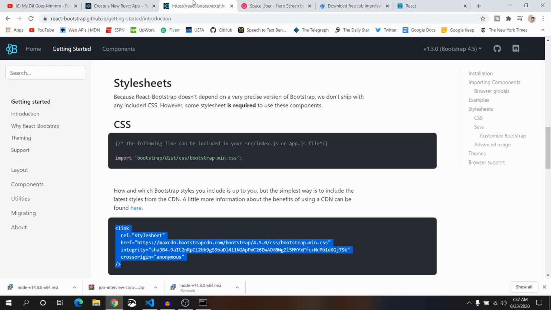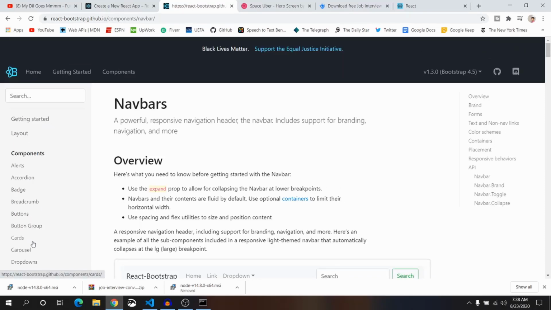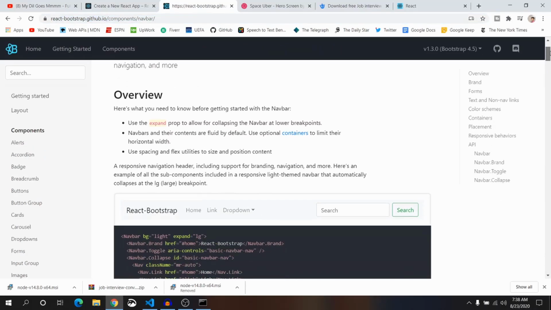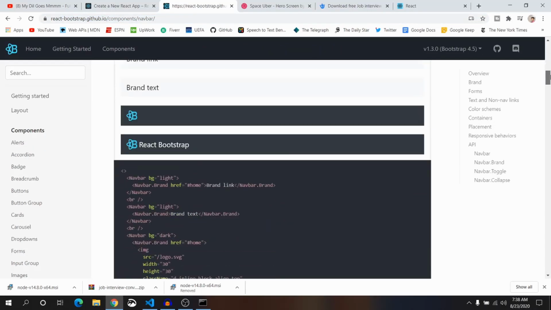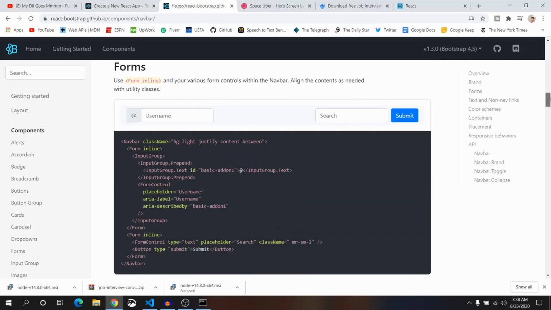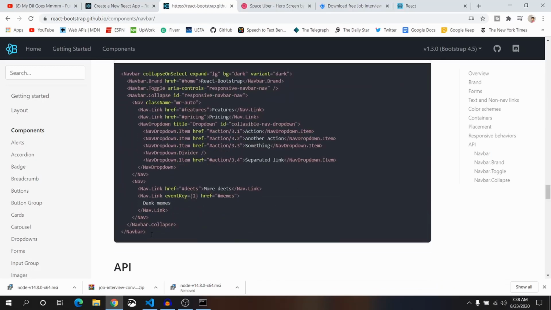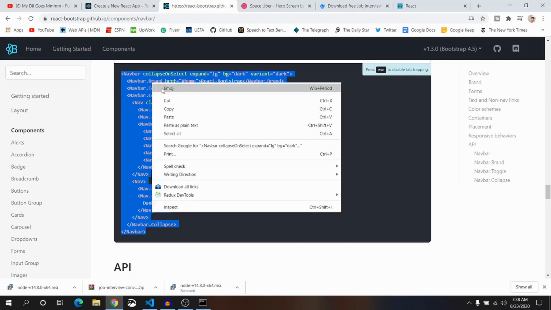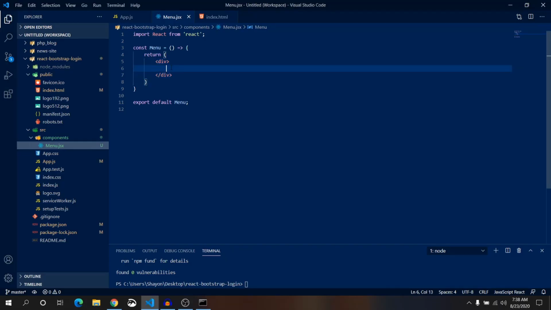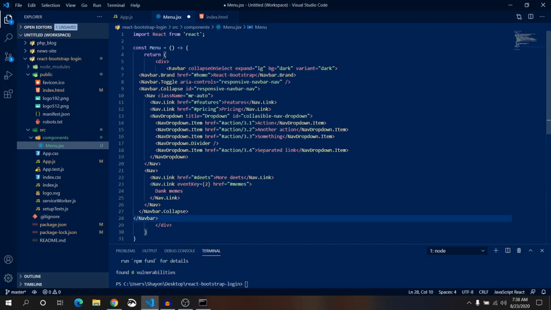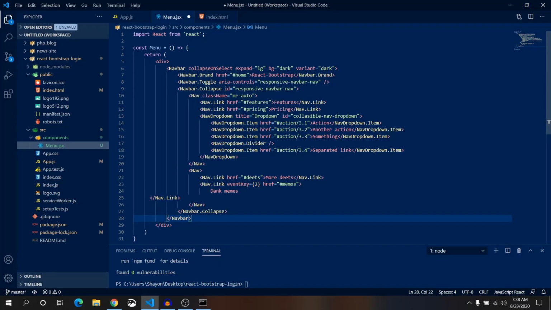From React Bootstrap web, click on components and navbar. This is the URL. You see there are different navbars, different styling for them. Okay, this looks perfect. We can copy and paste it in between these two div. Okay, Shift Alt F. It will rearrange your code.